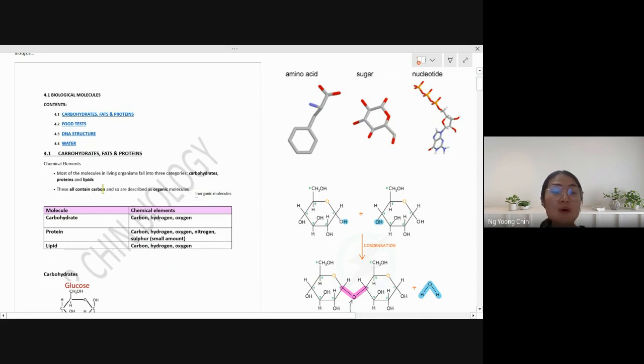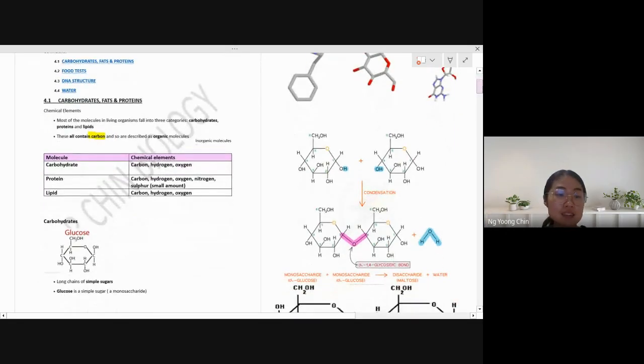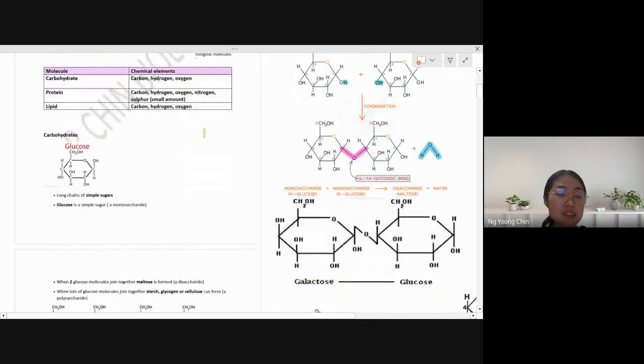Carbon is very important for us because in the living earth that we live on, usually the organisms are made from carbons, okay? So where is carbon? Carbon is this thing, C. See, when you have a look at this glucose molecule, you realize that the molecule is made from carbons. Here it is. C, C, C, C, C. So if you want to write the chemical formula for glucose, it should be in this way.